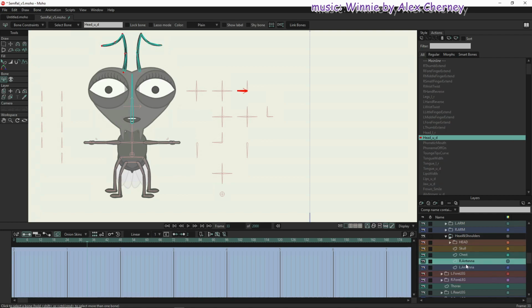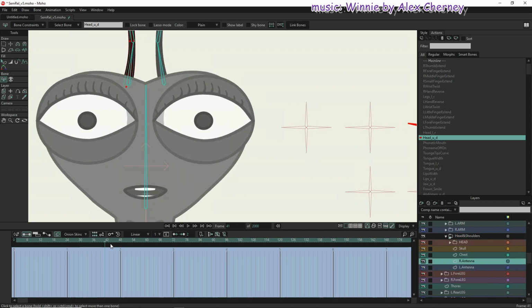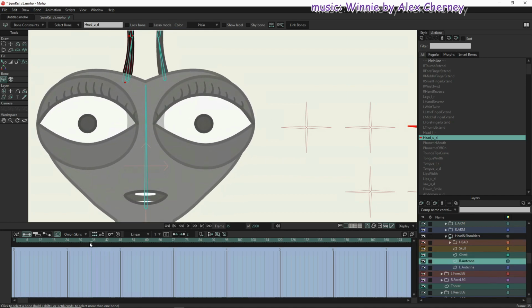So now they pop behind the skull. But that means that at the point before 33, at 32, those bones need to be, well, let's see, from here behind, at 33 they're in front,